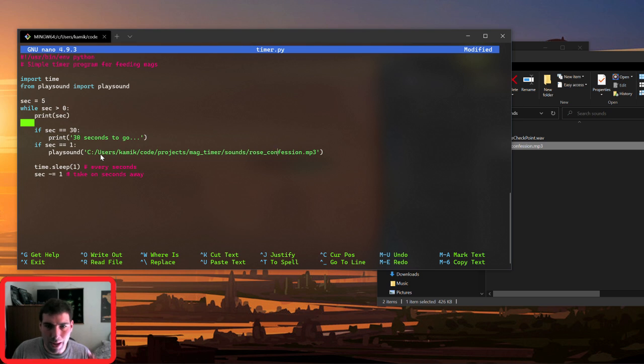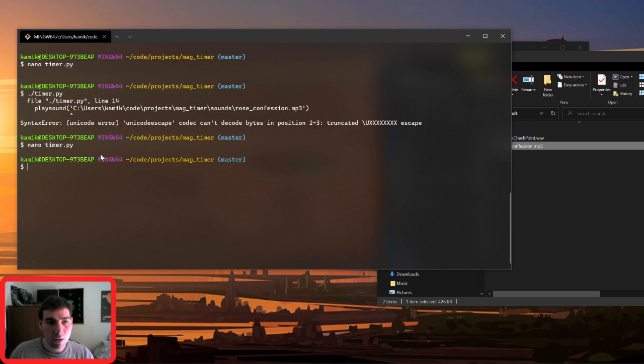Python's backslashes are escapes, and they're used for escaping things like spaces and apostrophes or certain symbols, characters that are special and wouldn't usually work unless you escape them with a backslash. So we're going to switch the slashes to forward slashes and run the timer again. 5, 4, 3, 2, 1, and on the 1 we should hear